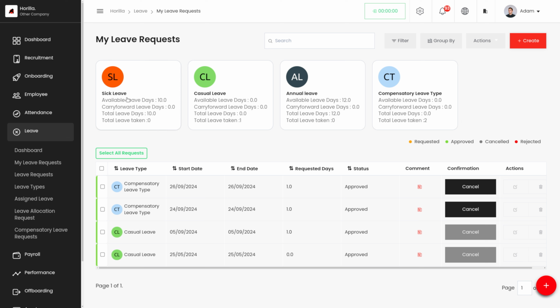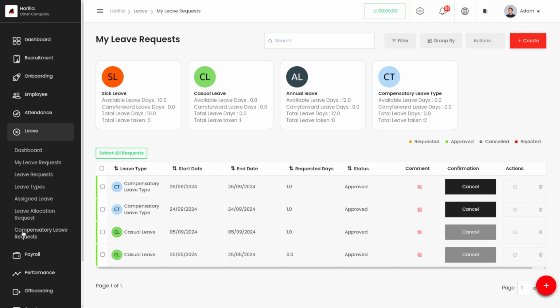Here he has sick leave, casual leave, annual leave, and the compensatory leave type. In the compensatory leave type, the available leave days is 0, since the compensatory leave request is not validated yet. Once it is validated, the available leave days for the compensatory leave type will be updated over here.